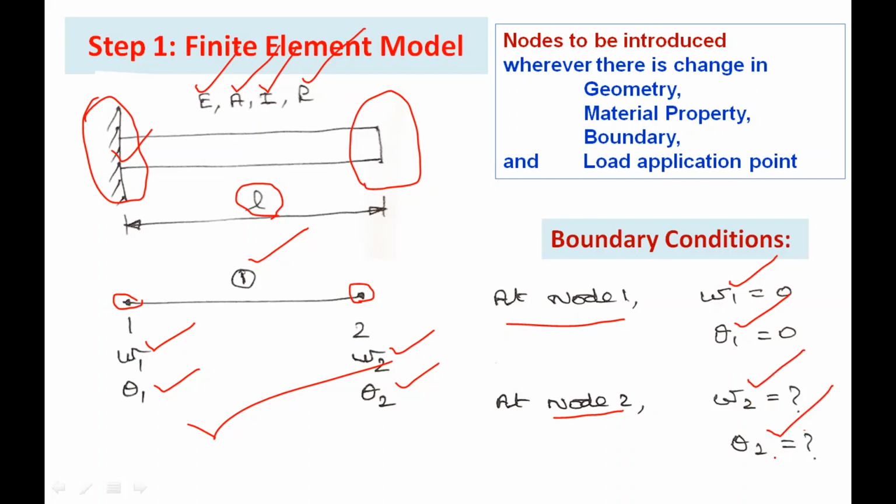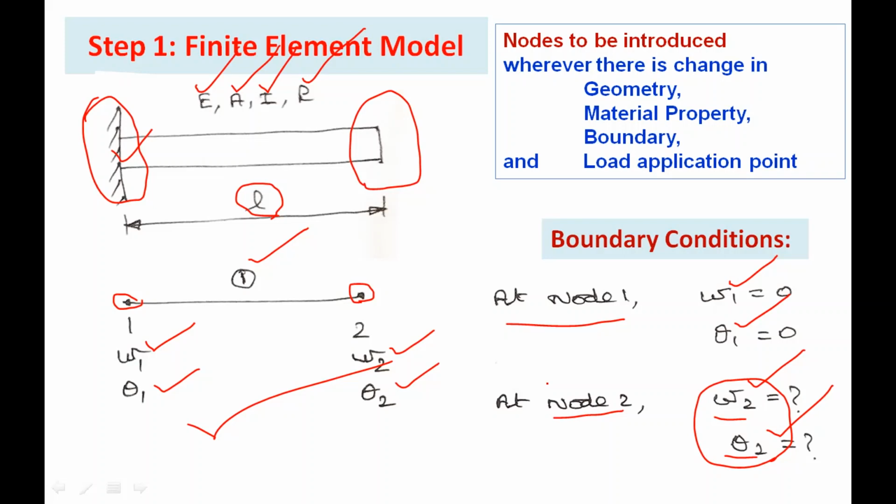Since there are 2 degrees of freedom present in this problem, we are able to achieve 2 natural frequencies. If there is only 1 degree of freedom present in the finite element model, then we get only one natural frequency. That also we will discuss later. What we can decide now is there are 2 degrees of freedom in the finite element model, so we are able to derive 2 natural frequencies for this cantilever beam. So let us proceed with the finite element method.